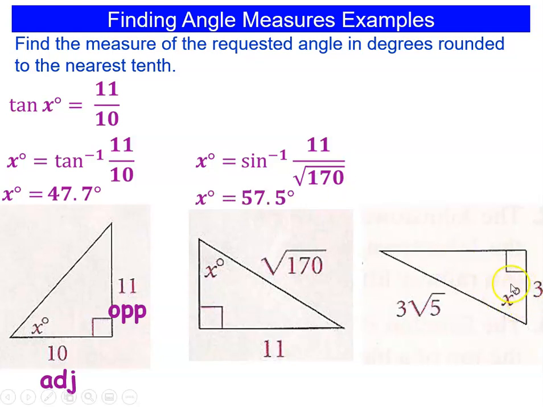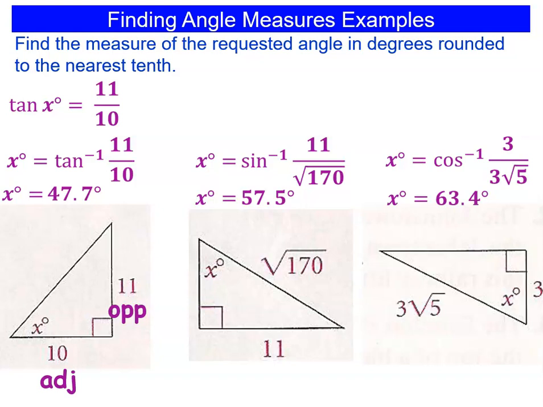Third one, here I'm looking for angle x. I do not know the opposite side. I have the hypotenuse and I have the adjacent side right next to angle x, 3 over 3 radical 5. So I can find that angle measure by taking the inverse cosine of adjacent over hypotenuse straight on a calculator. You don't need to rationalize, and you get 63.4 degrees. So when you're trying to find angle measures in right triangles and you have two sides, you use trig to